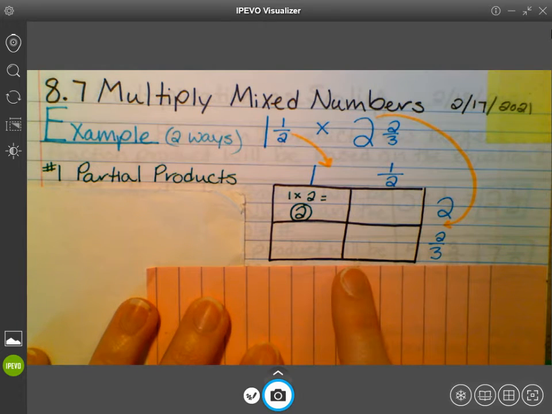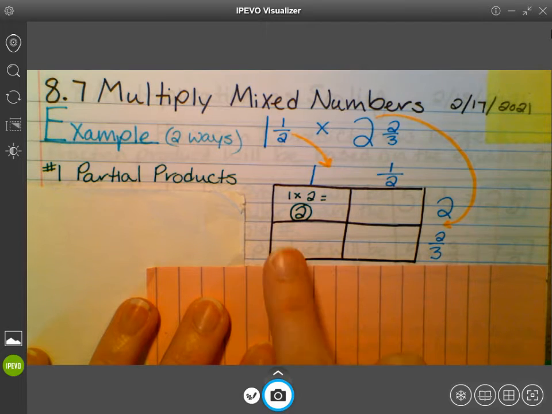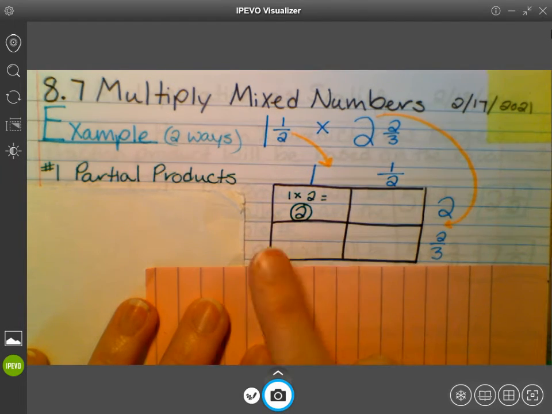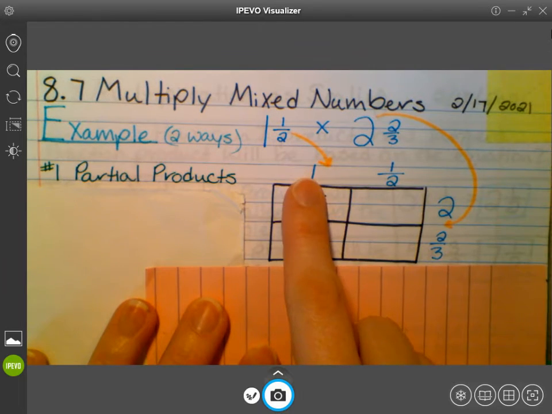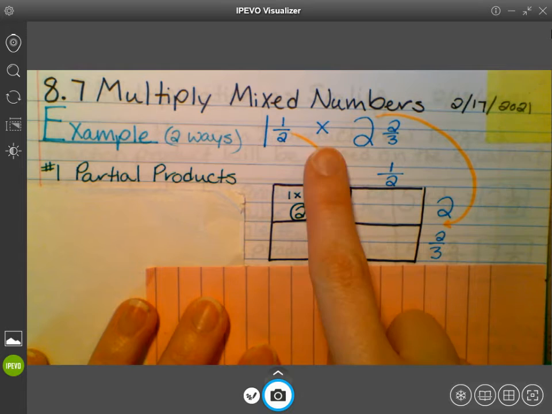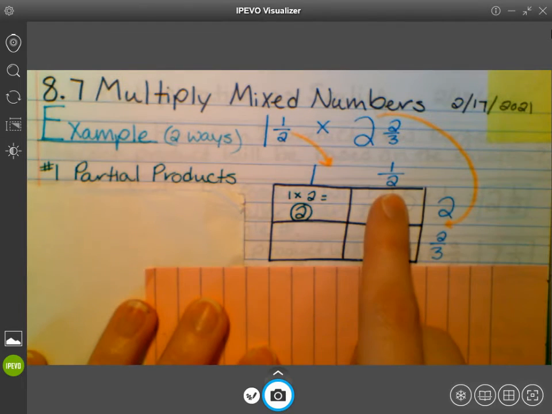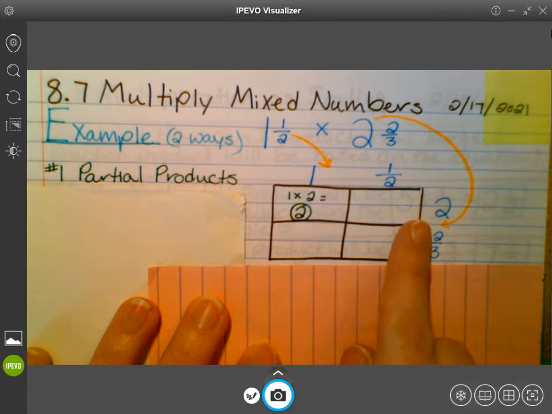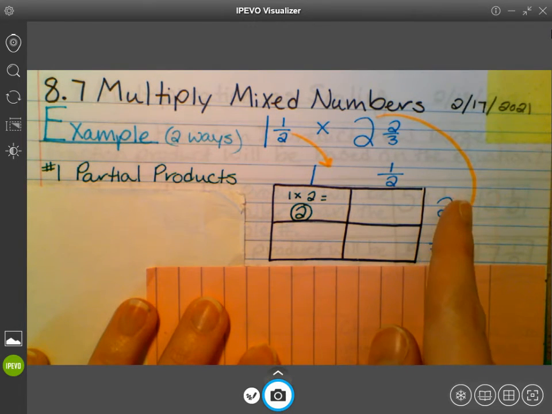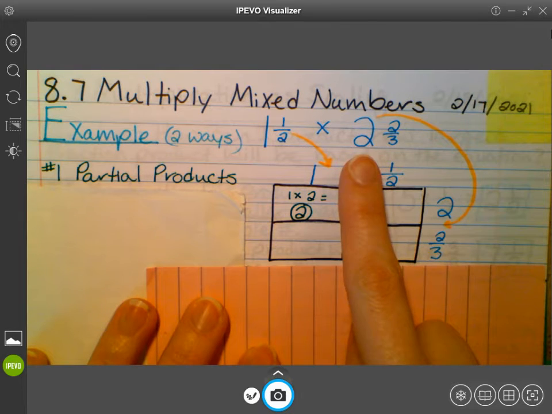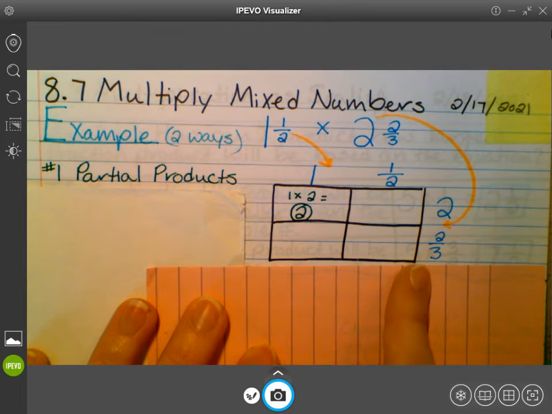You form a box and you split apart both of your mixed numbers. So with this box, you split it into fourths, and above the top left, you put the whole number in the first fraction. The top right, you put the fraction in your mixed number. And then along the right here, you would put the whole number of your second mixed number, and then below that, you would put the fraction of your second mixed number. And what you do, 5th grade,